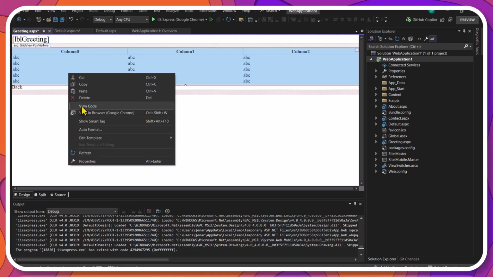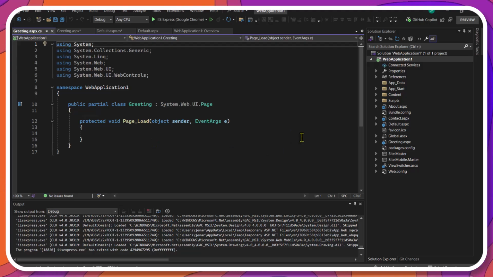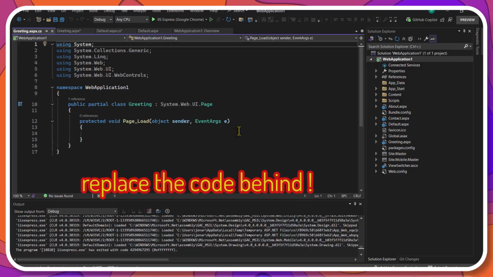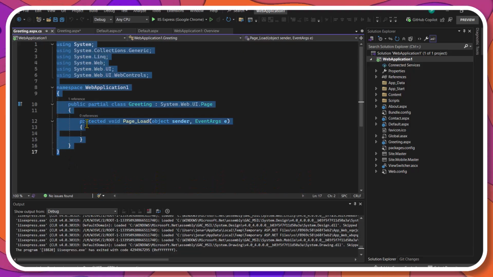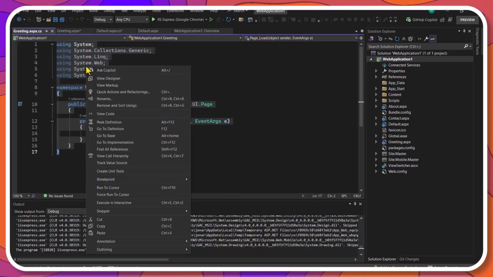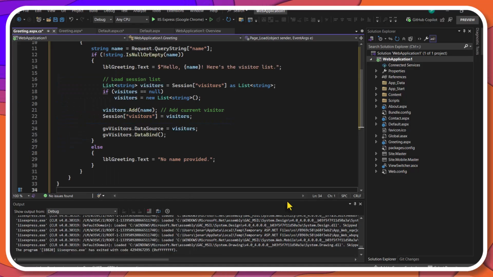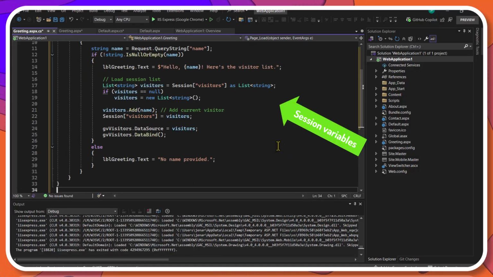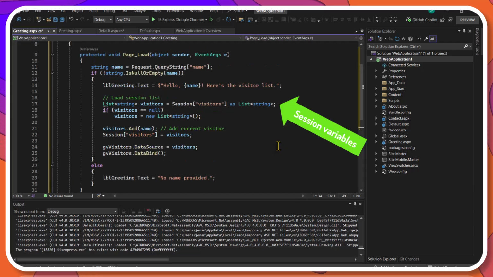The C# part on this form must be functional, so let's modify it. When the page loads, the method Request.QueryString traps the name of the visitor and places it inside the label. Also, it creates a list of strings as a session variable with a visitor's name.